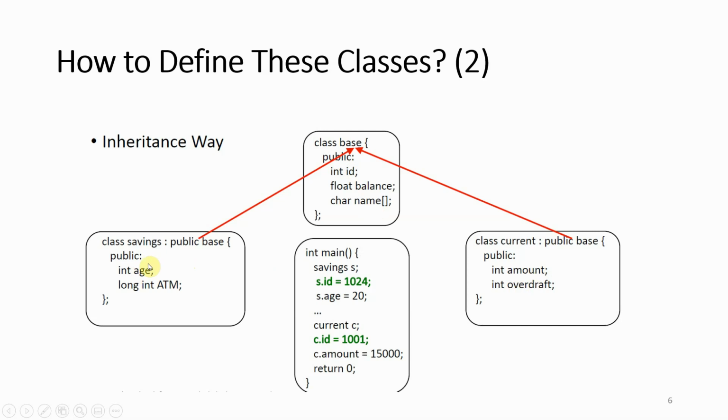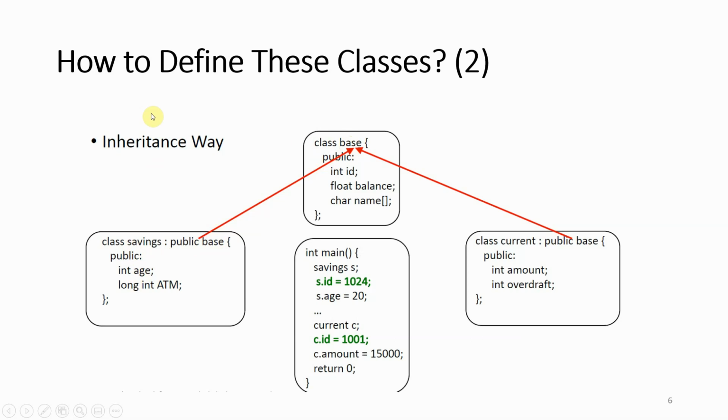So we don't have any additional member variable, right? And if we want to access member variables that are inherited or member functions that are inherited, we do it as if they're defined here. So this avoids duplication. We don't need to redefine everything in the class savings. We just inherit the class savings from class base. Okay,